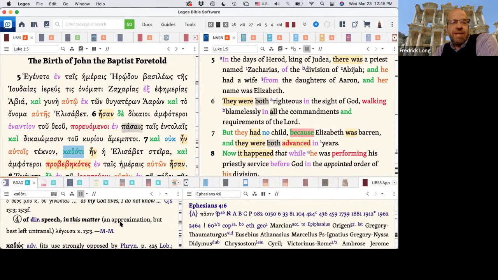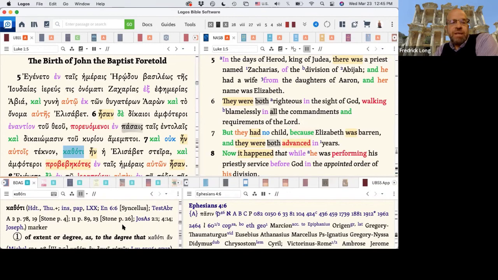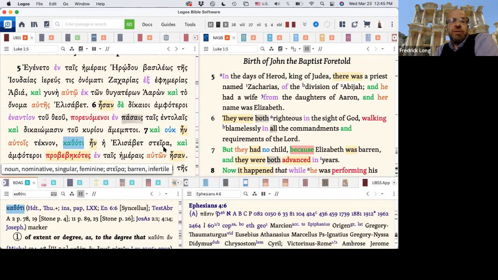Yeah, interesting. So this is probably, if we looked at the use of kathoti, I bet this is a word that might suggest a register of language, the kind of higher literary style that Luke is engaged in, I'm guessing. It'd help establish that. So it's found in Herodotus, Thucydides, inscriptions, papyri, Septuagint. So why is he writing this way? Is he imitating Septuagintal style? Is he also showing some nice literary style in doing this?